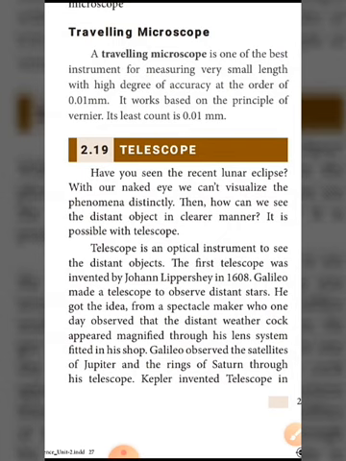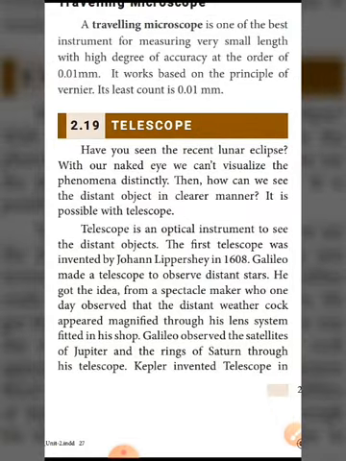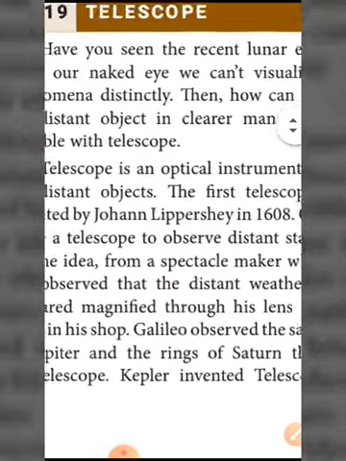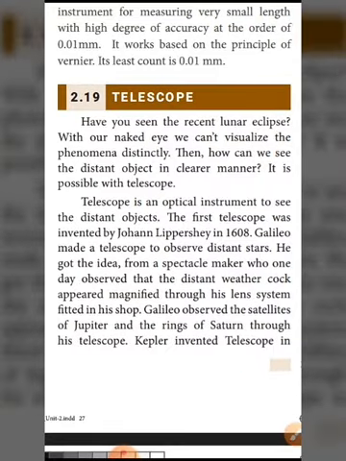So, how can we get the image in the incident of solar eclipse? If the object is placed at very large distance, we can use telescope. So, with the help of telescope, we can see the astronomical object clearly. Telescope is one of the optical instrument. It is used to see the distant object. The distant object means the object is placed at very large distance. For example, sun, some planets and galaxies.